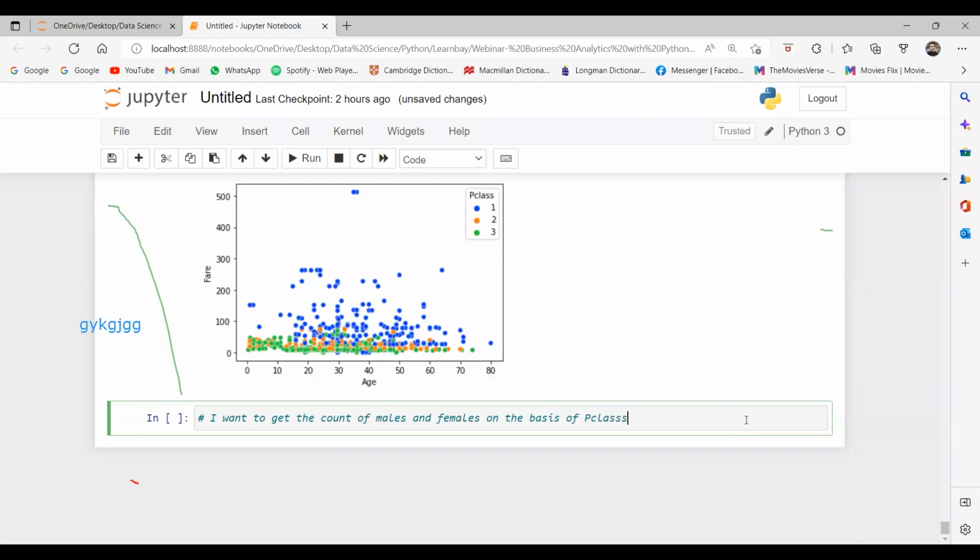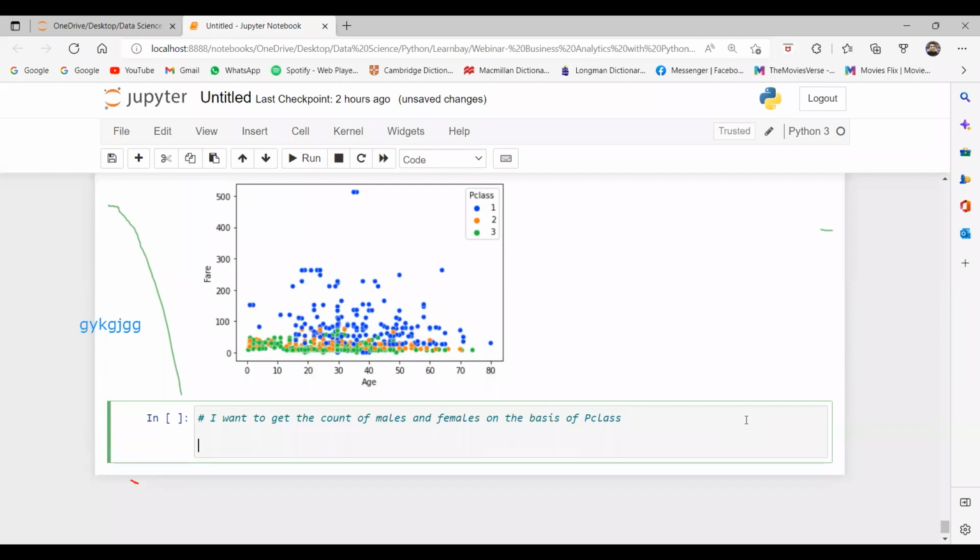P class means passenger class. Like in first class, how many male passengers are there and how many female passengers. In every class, how many males and females are there. Fine. So for that, I can use sns.countplot.